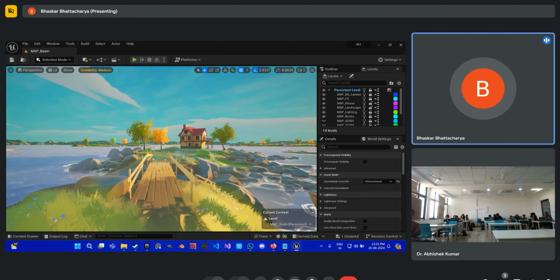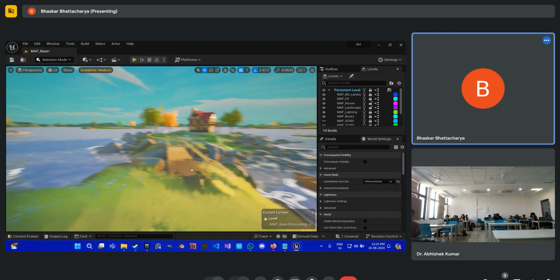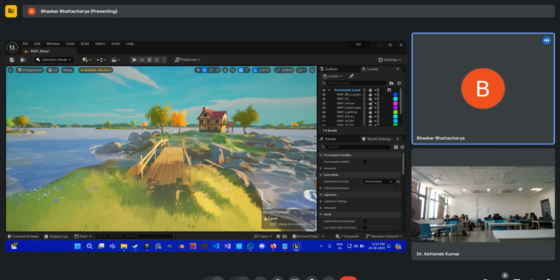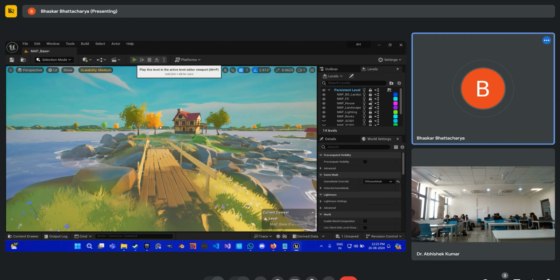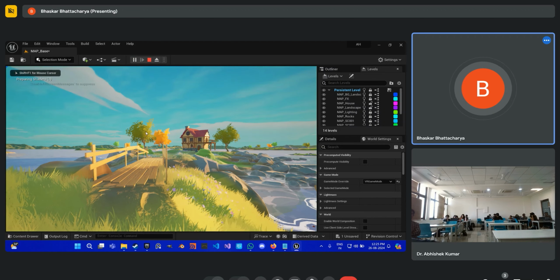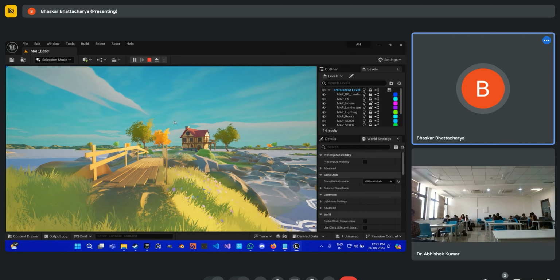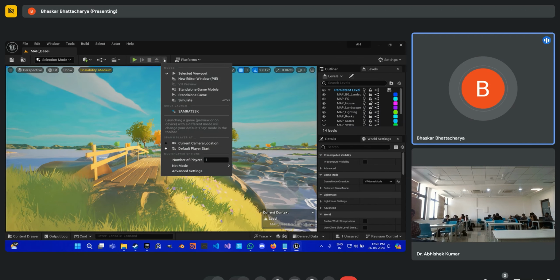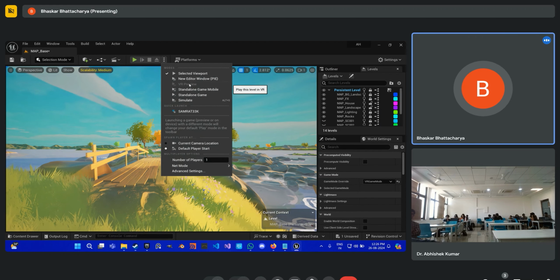Something that won't work in my case because I'm on a laptop, and there is no VR device connected to it. But if I hit play, I cannot move around anymore because this has spawned the VR controller, the VR pawn, for me. So in order to preview this in VR, if you have a VR device connected and Unreal Engine has detected that VR device, this VR preview button should